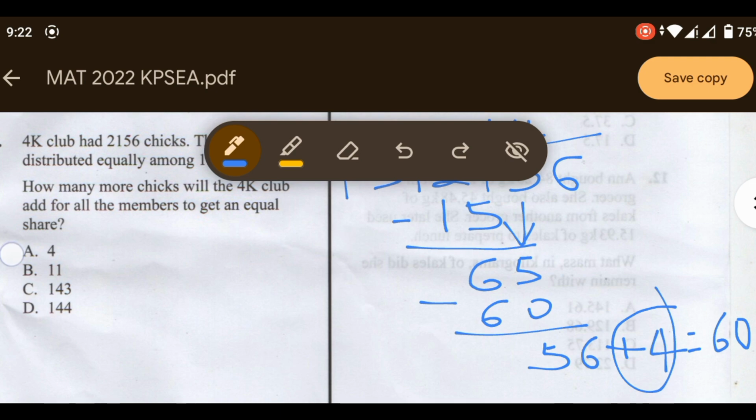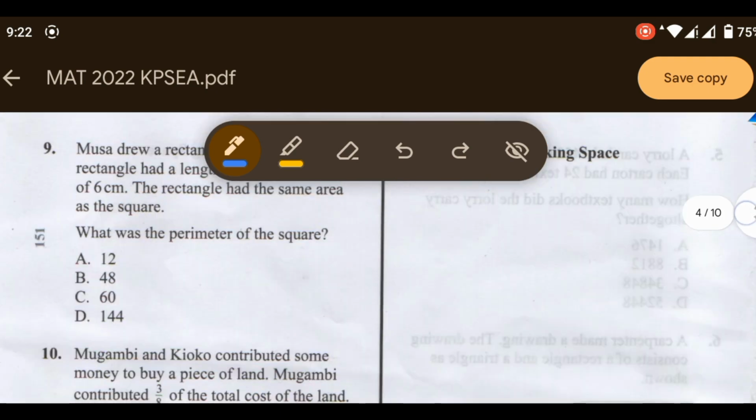And the answer here will be A. All right, let's go to number